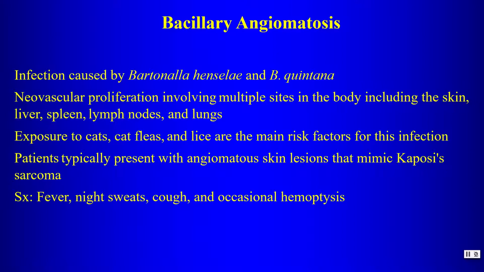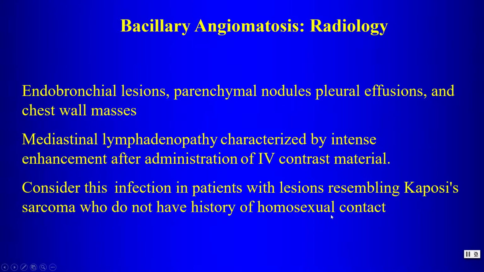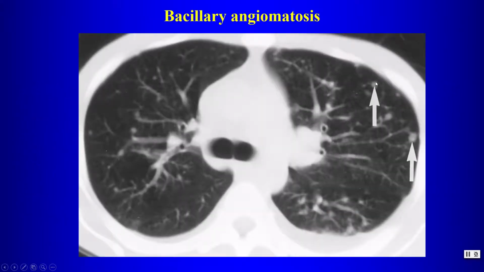So the patients can have these skin lesions that mimic Kaposi sarcoma, and they can have pulmonary symptoms as a result of the infection. They can have endobronchial lesions, they can have pleural effusions, they can have mediastinal lymphadenopathy, especially enhancing lymph nodes. So consider this infection in patients with lesions resembling Kaposi's. So they can have nodules like this that we might see within the chest,